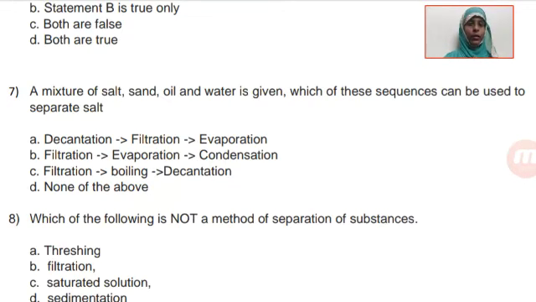First, let the mixture sediment. So you can do decantation first, to remove oil and water from the mixture of sand and salt. Then you can do filtration, which will help the sand come out of it, and then when you evaporate, the salt will be left behind. So the correct answer is option A, decantation, filtration and then evaporation.